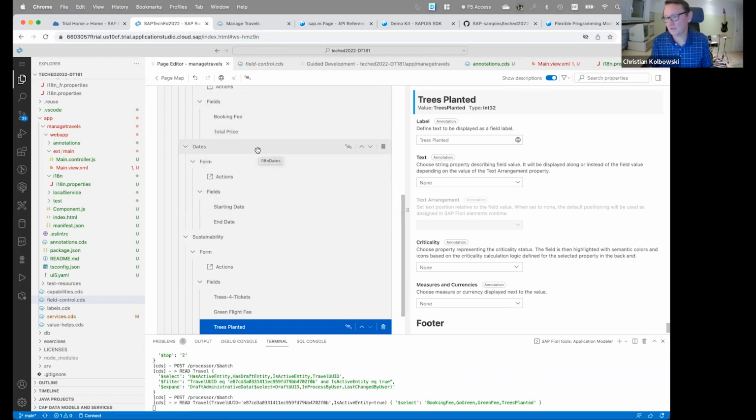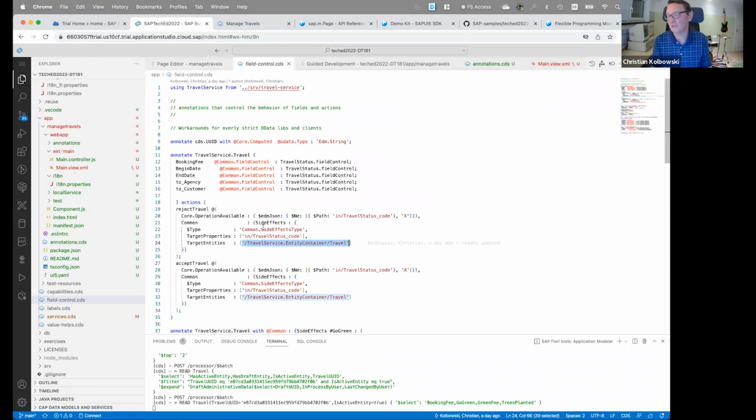What I almost forgot, because I mentioned it before when mentioning the side effects. We'll have a look at the object page in a second, but before I forget it, I mentioned the core operation available annotation in the field control CDS, which comes here with an inline EDM JSON annotation, which is a nice feature by CAP. This makes sure that you can